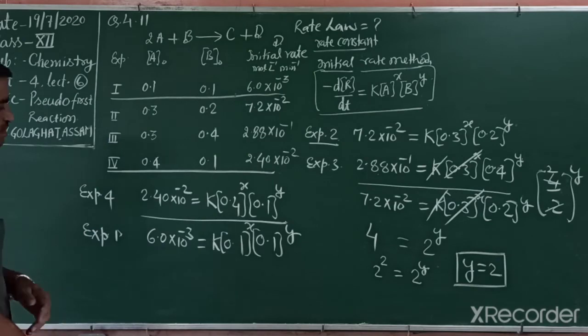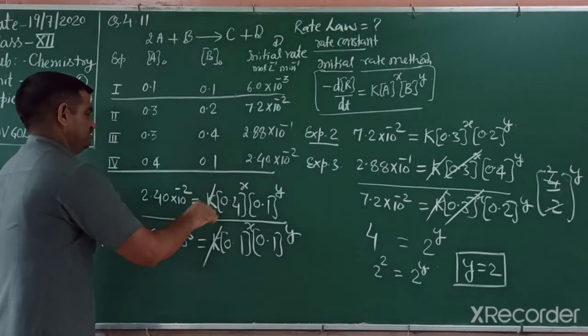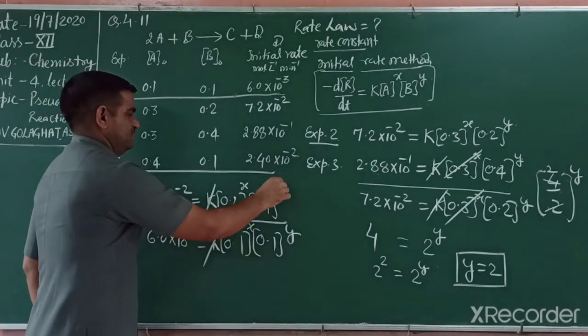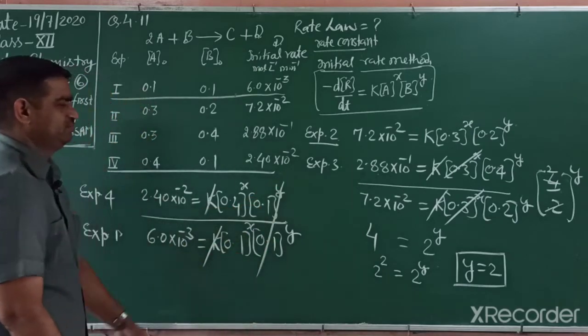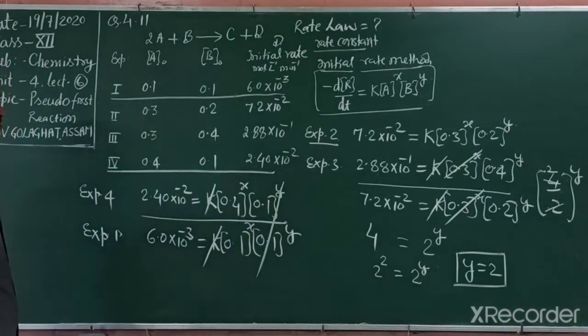So what we observe is that K cancels, and y also cancels because the power is the same. So what is the difference? When you further solve,